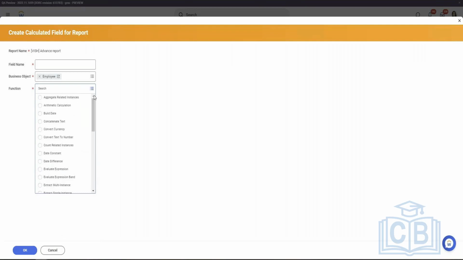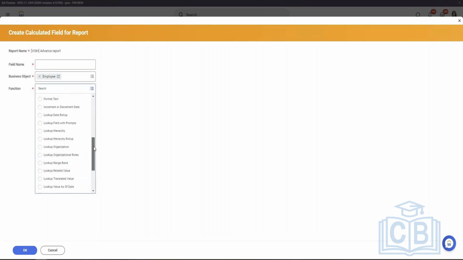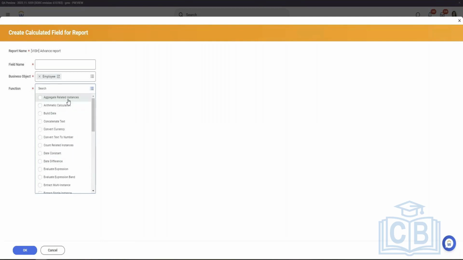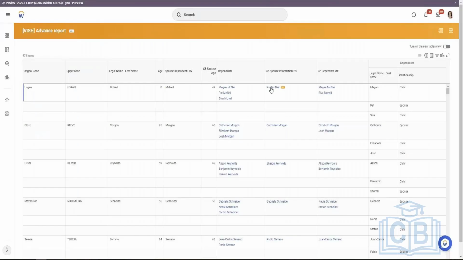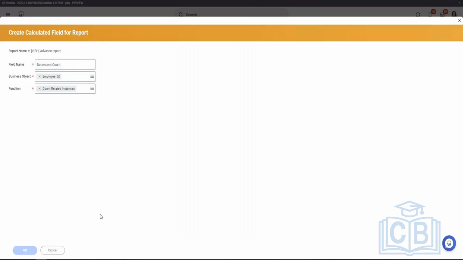So now I'm going to use more complex things. Let's do the count related instance first. If I go here and click on the count, aggregate and the count related instance, these are two. So I'm going to work on the count related instance first, dependent count. What we wanted to check is how many dependents are for this person. So that means we wanted to do a count,